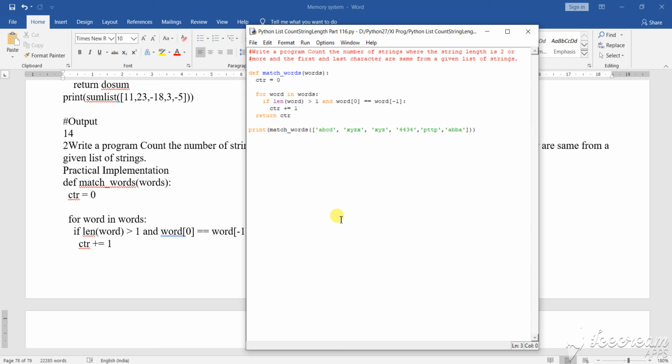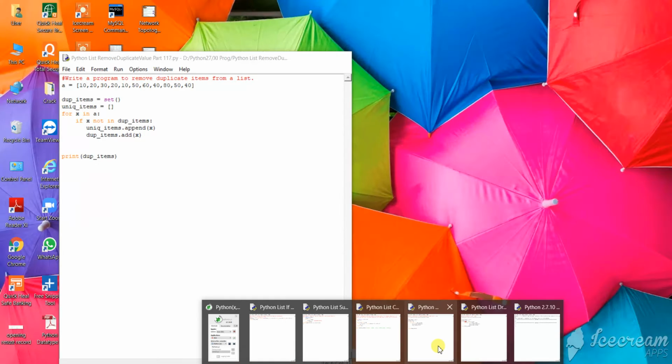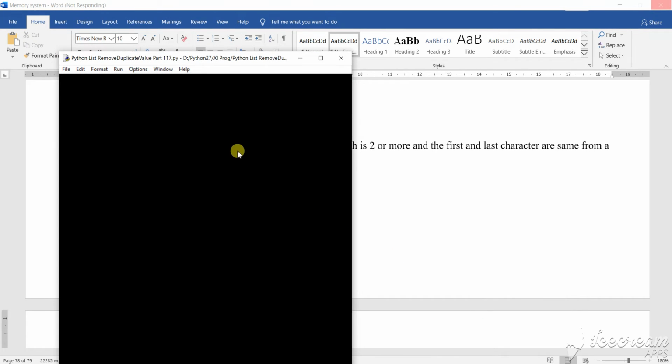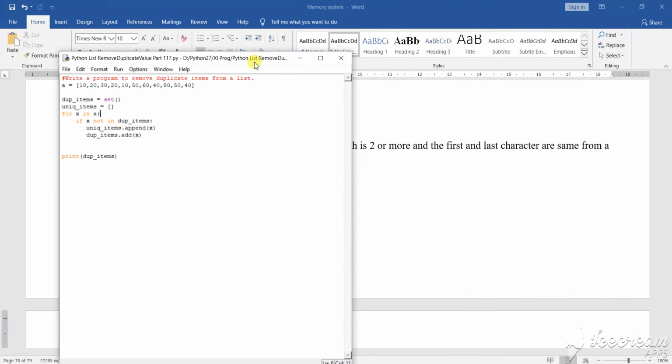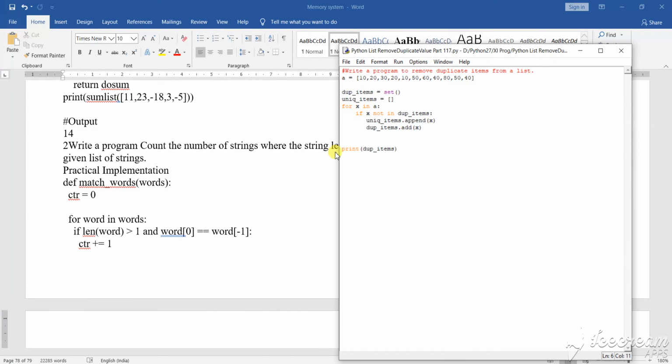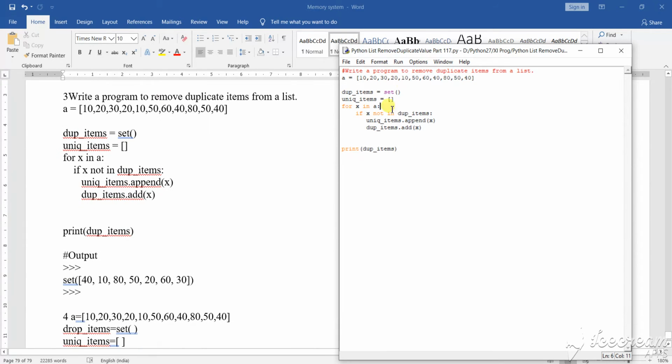And as I have shown you the two programs on strings, now I'm going to show you another program based on the string. This is the program where the duplicate values will be removed. In this particular program, you are going to see that the duplicate items of the value are going to be removed. Now let us run the program.